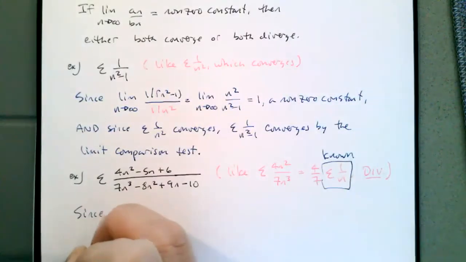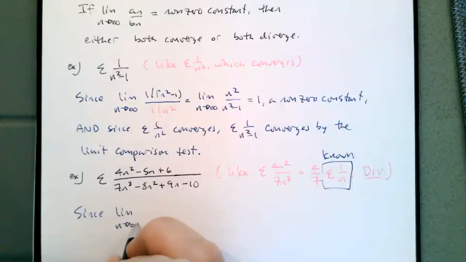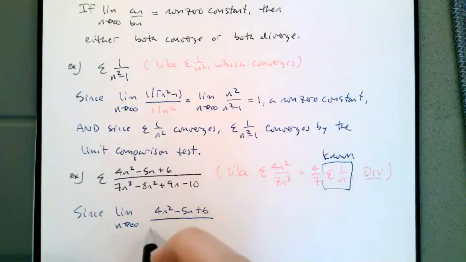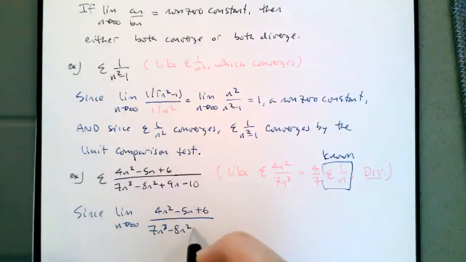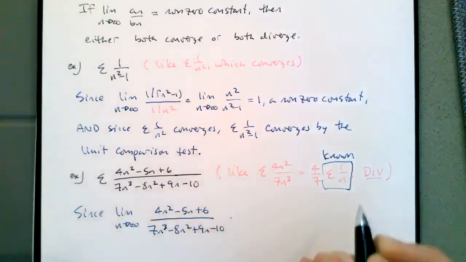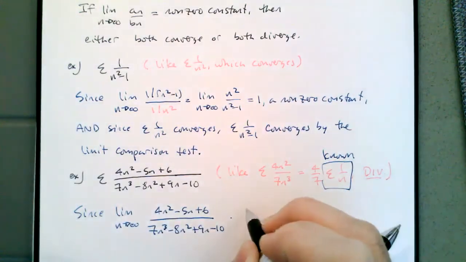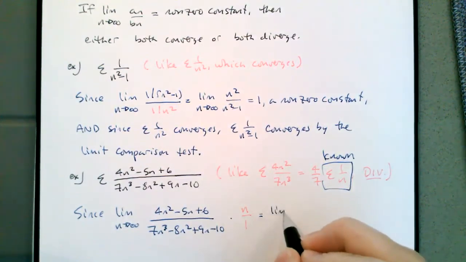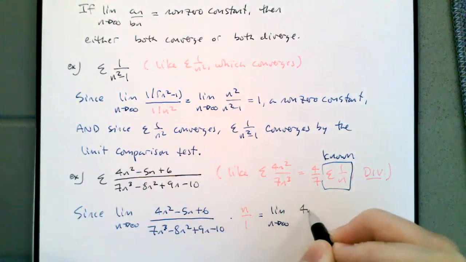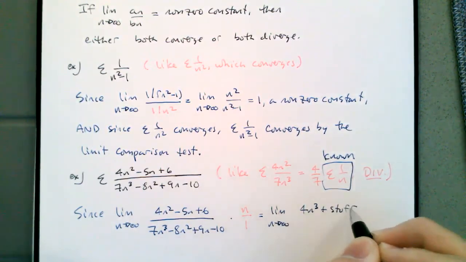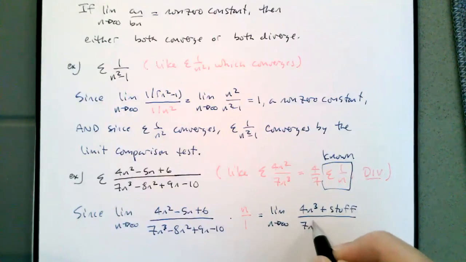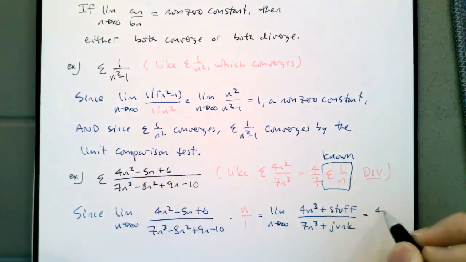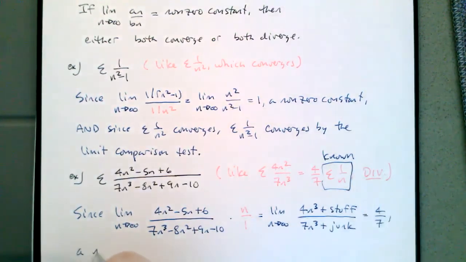We're going to make a comparison to this series 1 over n. This is our known. And we'll say since the limit as n goes to infinity of this series, 4n squared minus 5n plus 6 over 7n to the third minus 8n squared plus 9n minus 10, divided by 1 over n, which is multiplied by n over 1, is equal to the limit as n goes to infinity of 4n cubed plus some stuff over 7n cubed plus some other junk, is equal to 4/7, a non-zero constant,